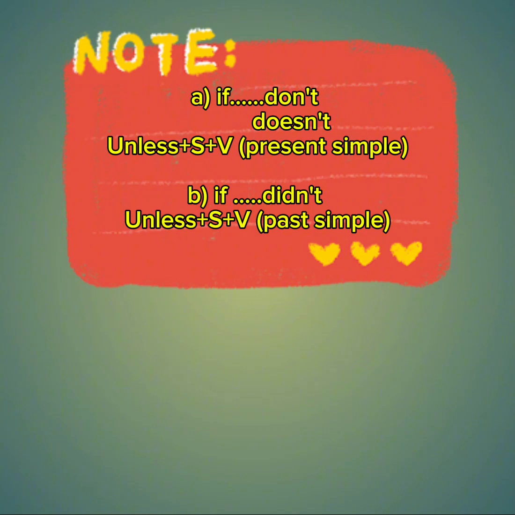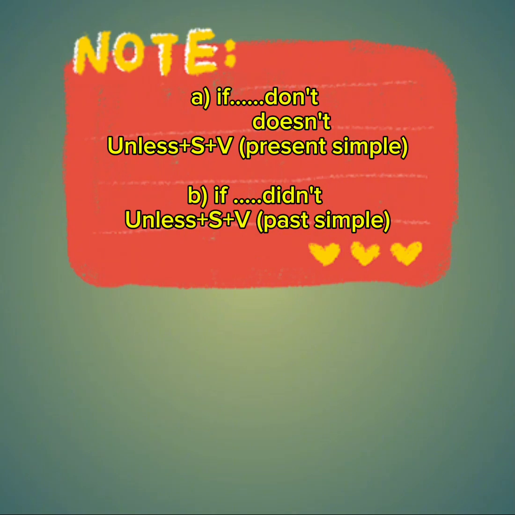So here, after we introduced unless, you come. So you see, we have don't, so automatically the verb is in the present simple. However, when we have didn't, it shows us that the verb here is in the past simple. Just it is in the negative. So we turn it into the positive,